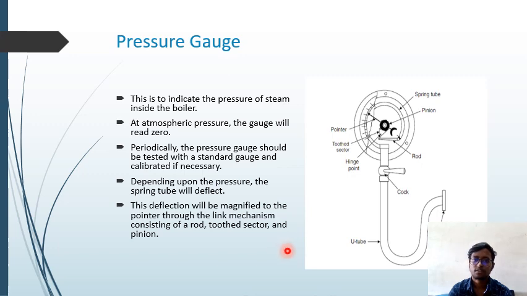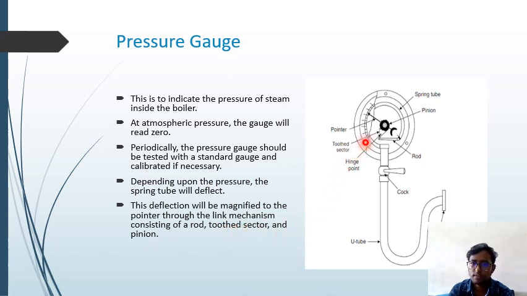Here is the pressure gauge. It is used to indicate the pressure of steam inside the boiler. At atmospheric pressure, the gauge will read 0. Periodically, the pressure gauge should be tested with a standard gauge and calibrated if necessary, since it stands in high temperature and can show deflections. Depending upon the pressure, the spring tube will deflect. This deflection will be magnified to the pointer through the link mechanism consisting of a rod, toothed sector and a